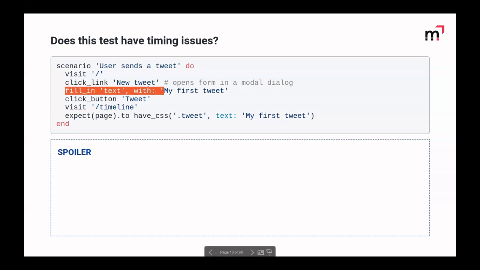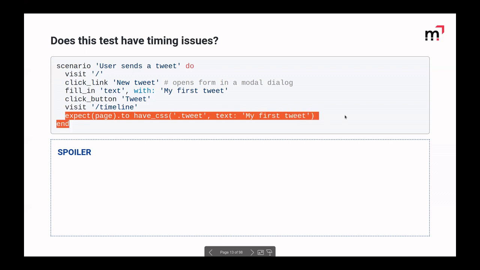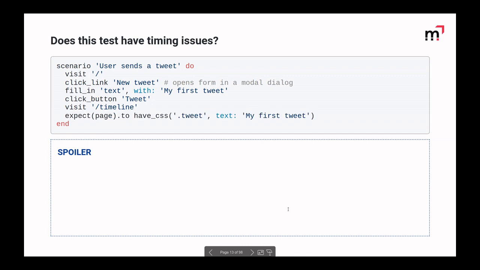Then in the dialog, I fill in the tweet text with my first tweet text. I click on the tweet button, then I visit my timeline, and then I expect that I can see my new tweet on the timeline. So the question is, does this test have any timing issues? We'll just reveal the answer here.